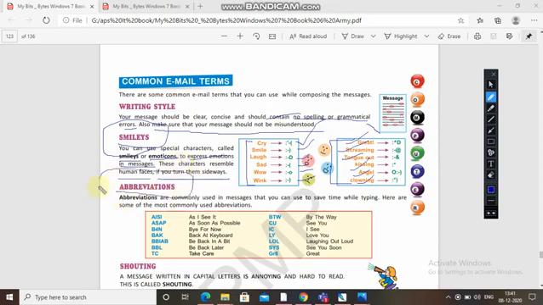Now next, after the smileys, there are abbreviations, which are a very helpful part of email terms, commonly used in messages to save time while typing.